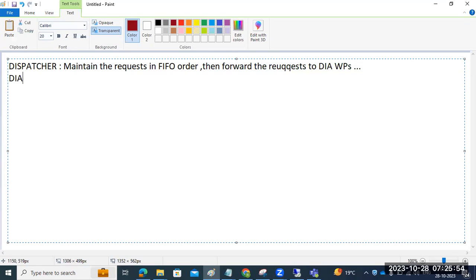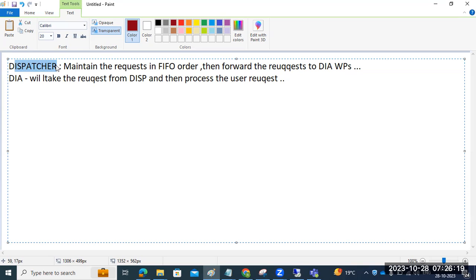Here the dialog work process will take the request from the dispatcher, then process the user request. That is the responsibility of the dispatcher.